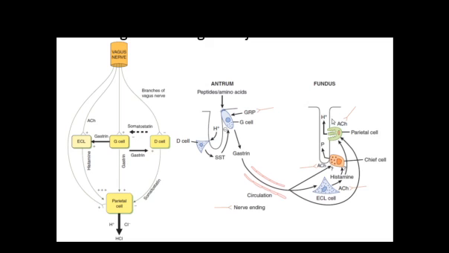Now, whenever there is an increase in H plus ion, or when the acidity or pH falls below the acid level, it stimulates the D cells. Now, these D cells cause the release of somatostatin, which inhibits the G cells from further releasing gastrin, and that's how, in a negative feedback manner, gastric juice secretion is regulated by H plus ion. That's all about the regulation of gastric juice secretion.